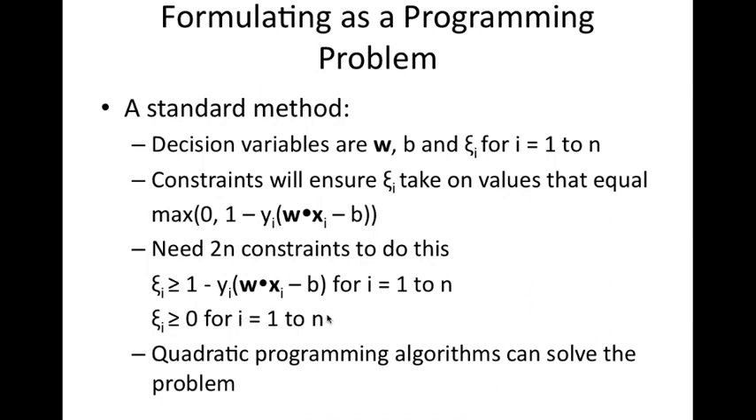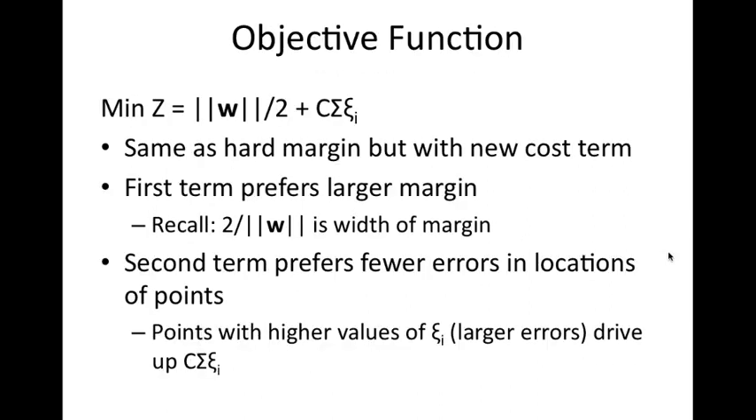And then ultimately we'll be able to use quadratic programming algorithms to solve this. So we're going to get further into all of those steps we just talked about. That was just sort of a brief overview. So we're going to get into more detail now on how the objective function is going to work. So this is the objective function: minimize z equals the length of w divided by 2 plus C times the